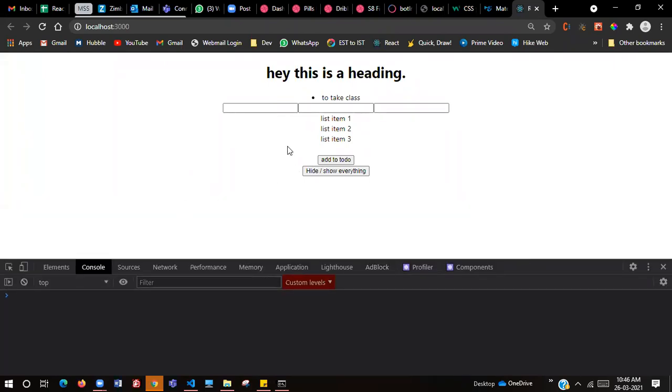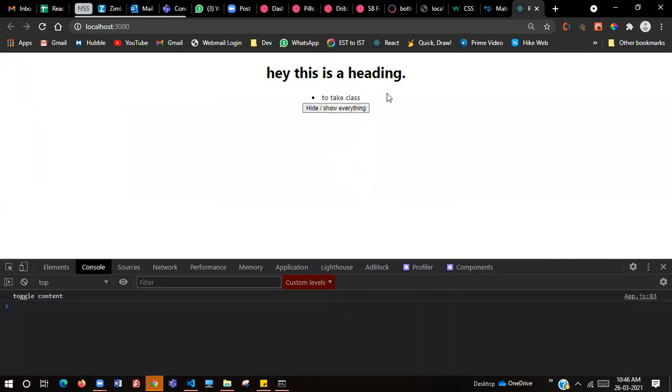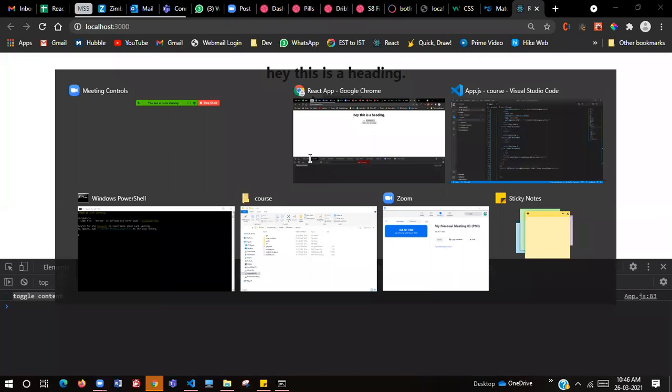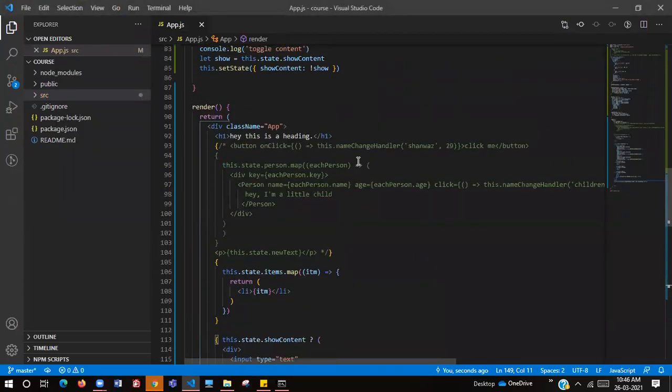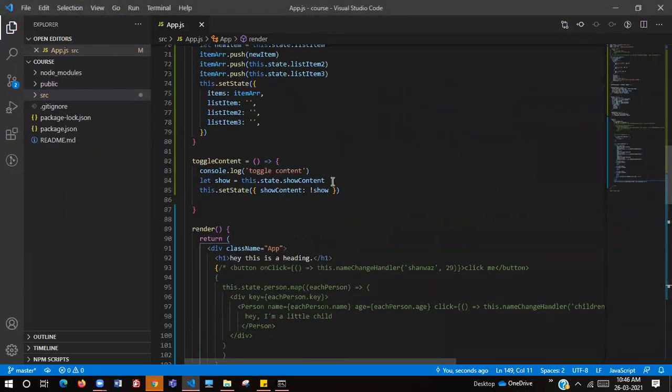So nice, guys. Now we see all this content, right? The to-do class, the inputs, the list items and the add to-do button. When we click on this hide or show everything button, see, everything is pushed. When this toggle content was called, we took this.state.showContent, which was true, into a variable and we negated it.